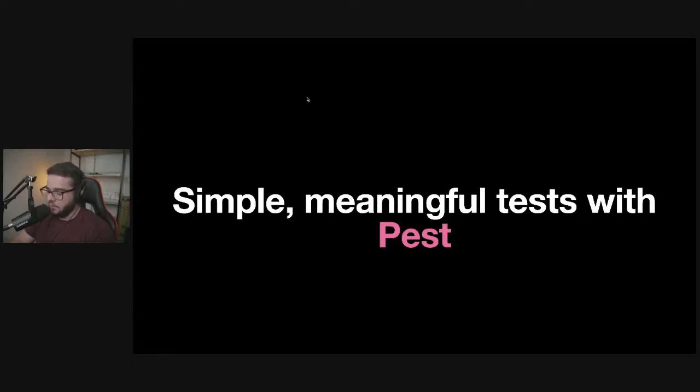PEST runs on PHPUnit. However, I'm saying this from my experience. It may vary depending on who's saying this, but I've been working for a while as a freelancer, and one of the things I do is introduce tests in certain organizations. And one of the things I noticed is, even when people test their applications, sometimes they don't test as much, because there's the whole boilerplate of creating a new method, creating a new class, and writing all this stuff.